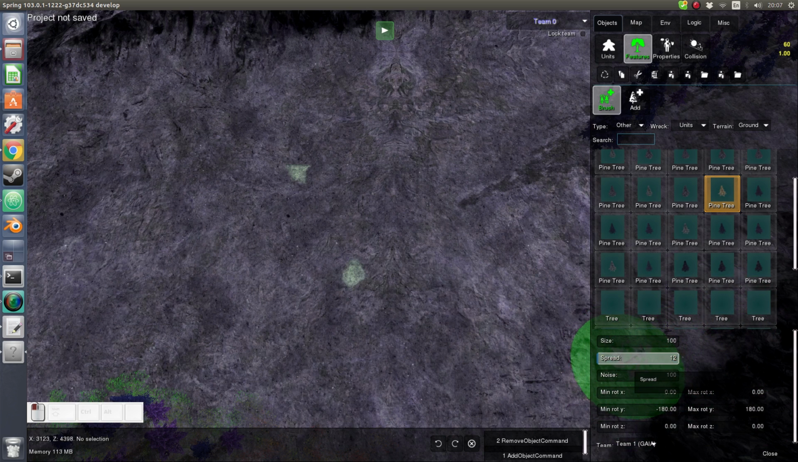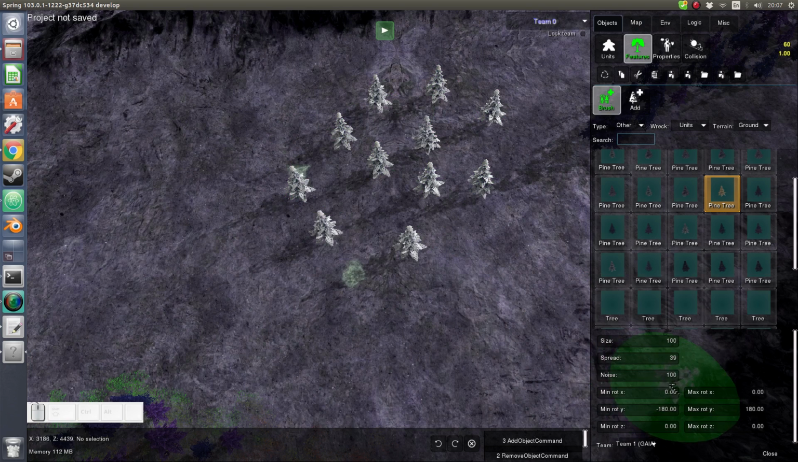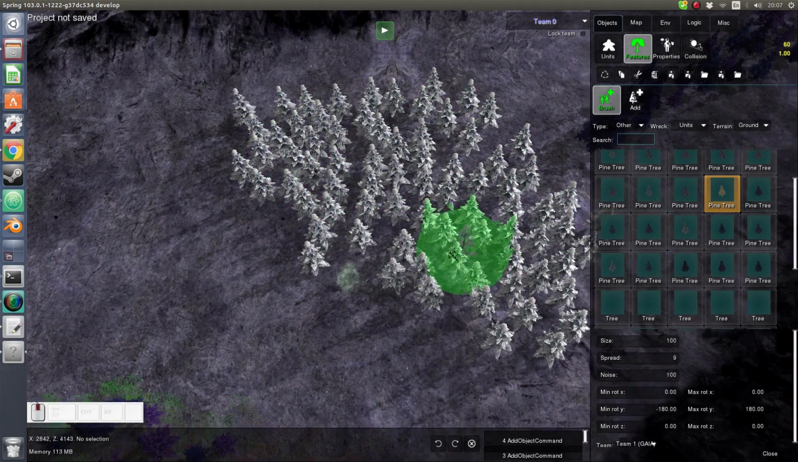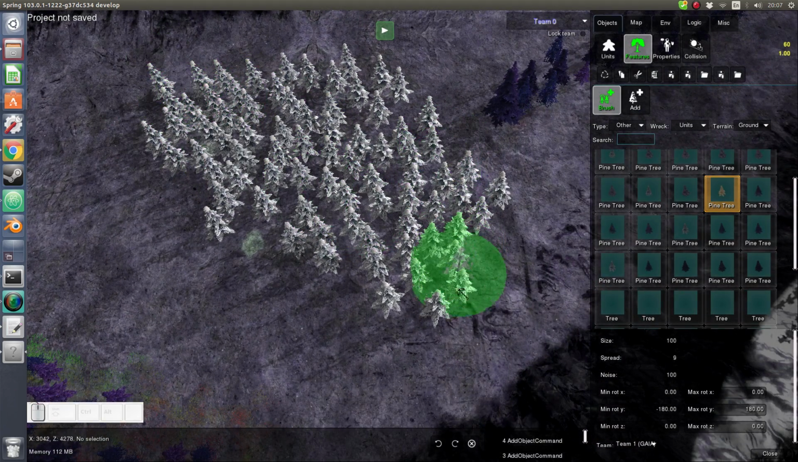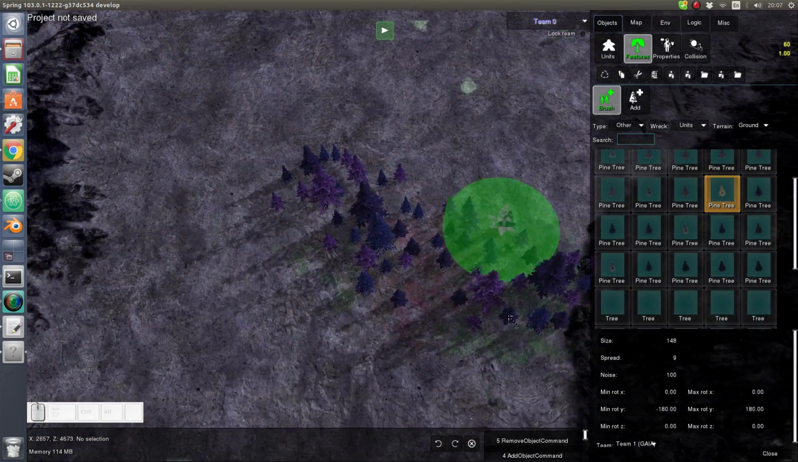Usually I prefer to click and drag because it's much faster. This can also be controlled with shift to make it slower, or with control to make it really fast. But usually you just want either shift or the basic editing. So with spread 39, the features are even more dense, and with something like 9, they're going to be pretty densely packed. So let's delete them for now,